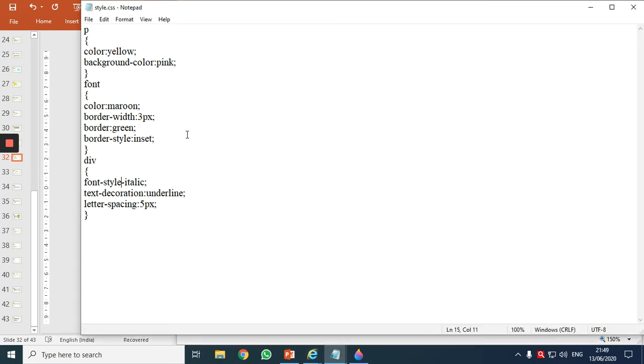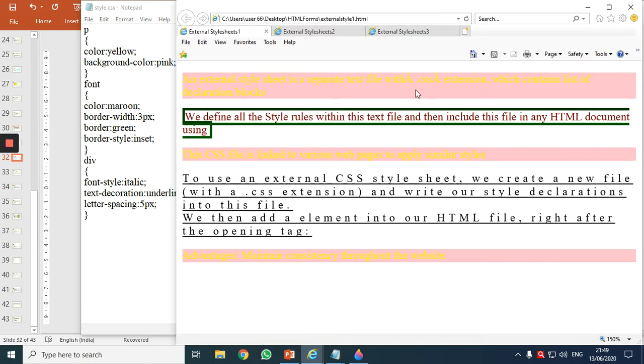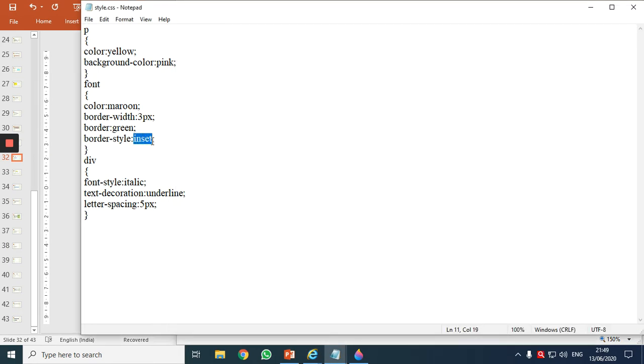Okay, italic is not working. Why? I made a mistake here. Now it will work. Control S and observe the output. Italicized, correct? Okay. I want to change the border, I'll give outset, and instead of green I will say gold. Control S, and this text, if it is not readable, I'll make it dark and say blue. Okay, now observe the changes.